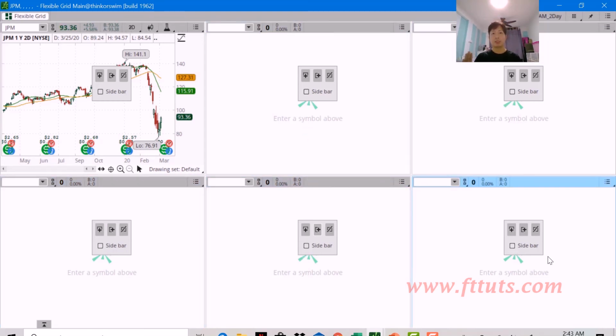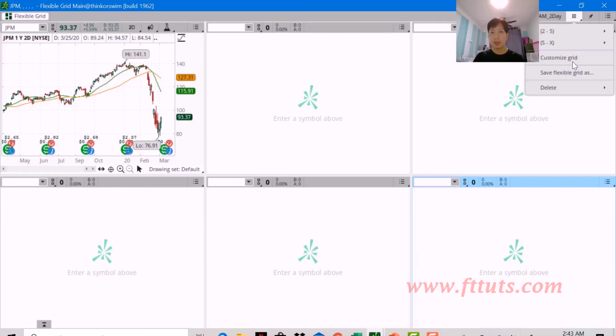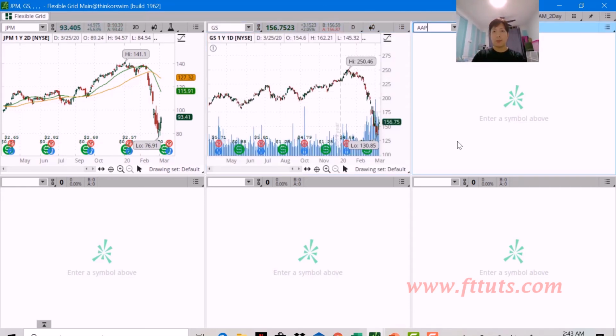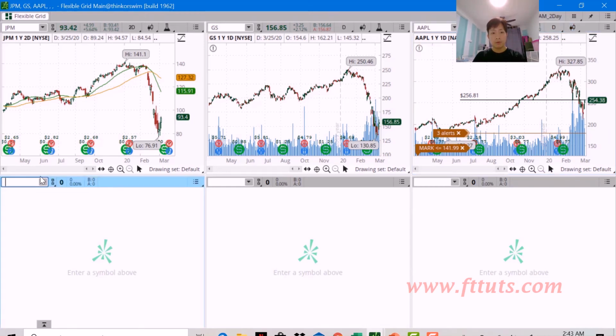Once you uncheck all the sidebar, take away the square pop-up box. Go to grid action, uncheck customize grid. Okay, uncheck customize grid, and then key in all the stocks that you're looking at. Let's say you're looking at JP Morgan, Goldman Sachs, Apple, Facebook,